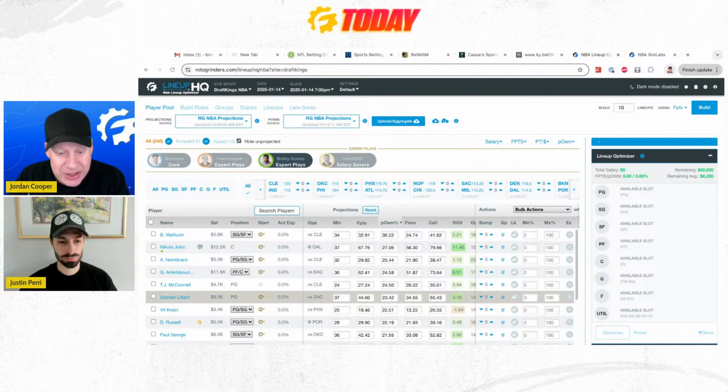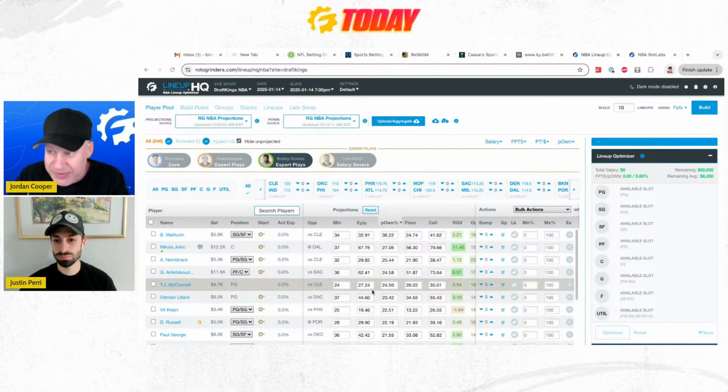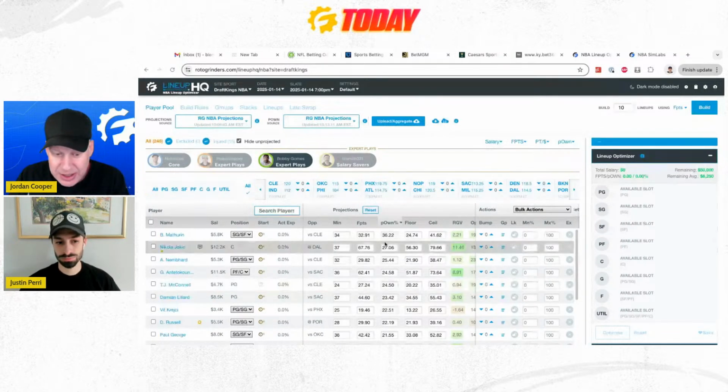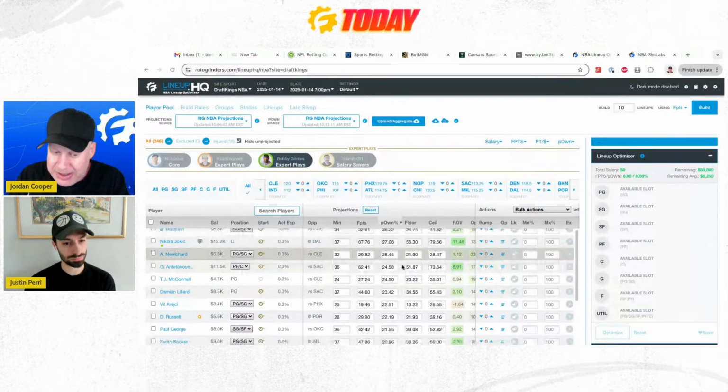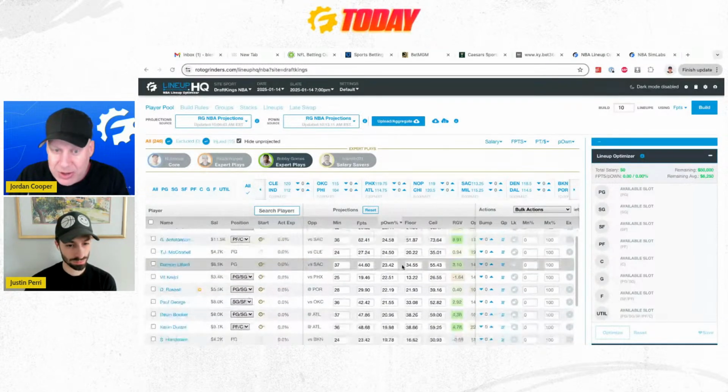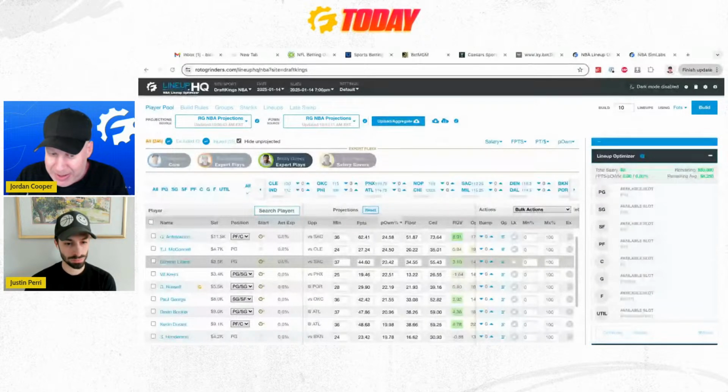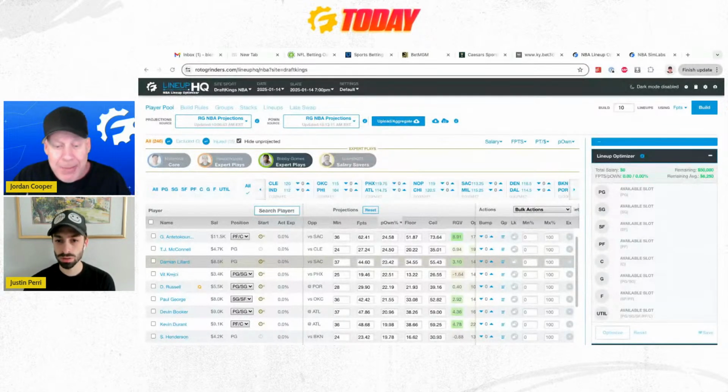Well, the question is, Justin, if nothing changes on the slate, we got these guys, but is there anything we should be looking at in the shot quality model, maybe some spots on guys that are 5,500 or below, 5K or below, that aren't these Pacers guys? Maybe slightly lower projected, but maybe end up being 5% owned because people are going to just play these Pacers guys as quote value.